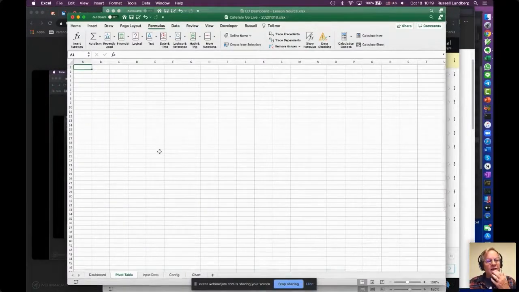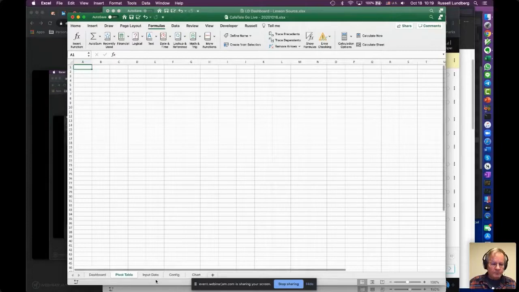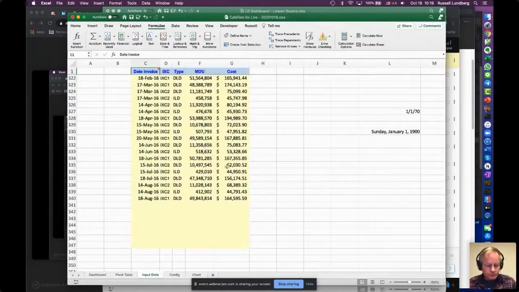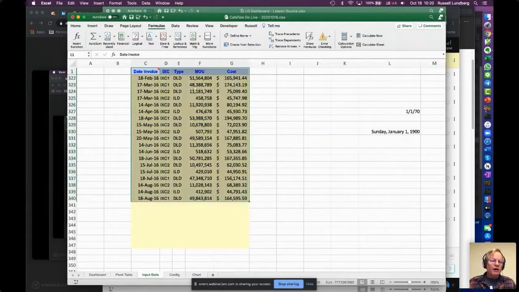So now what we're going to do is we're going to create a pivot table. And I assume you guys have worked with a pivot table, so it wasn't my plan to go into detail how to create a pivot table, but it's really simple. To make it really simple, I'm going to select the data first. So now I've selected all my data and I'm going to come to the pivot table